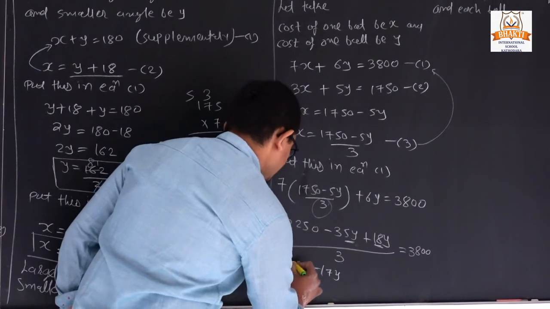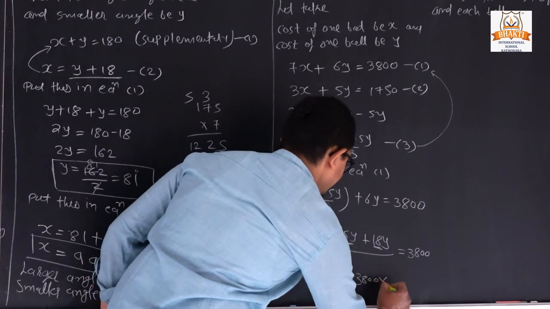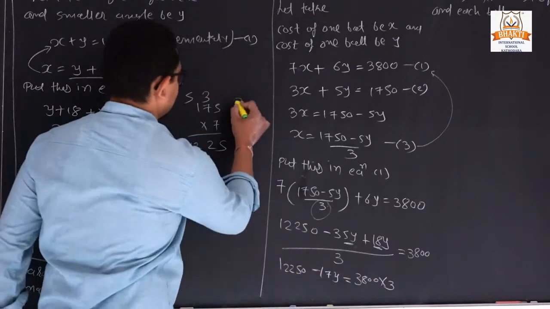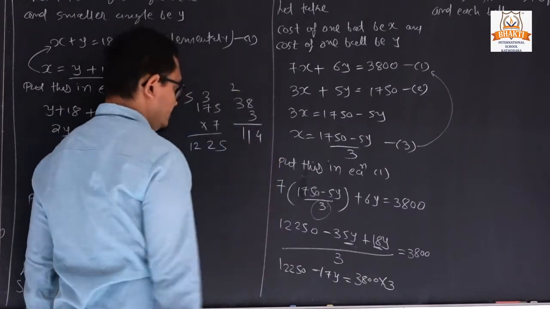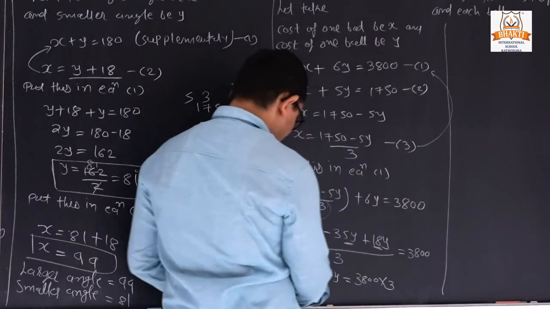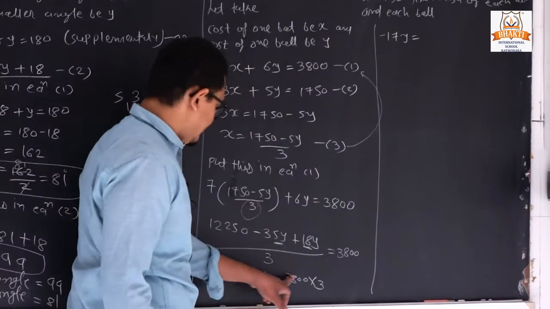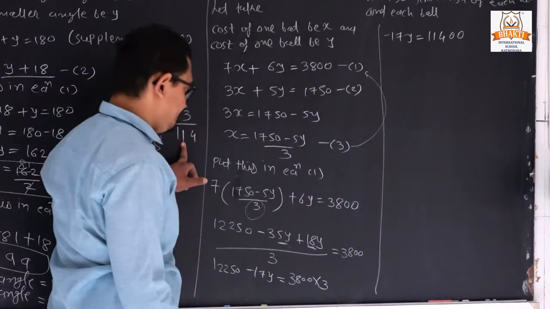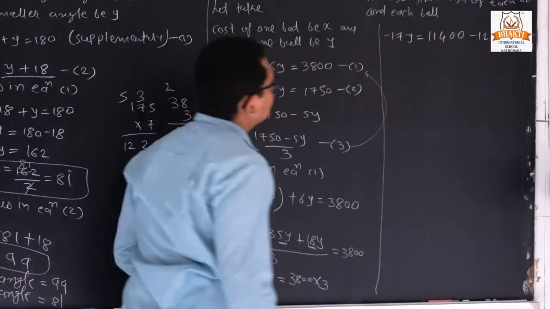And this will be same, and this 3 is going to the second side, so 3800 into 3. So 38 3s are 114. And this is going to the second side, so it becomes minus 17y, and 38 3s are 114, and 20 will be same, and this is going to the second side, so minus 1 to